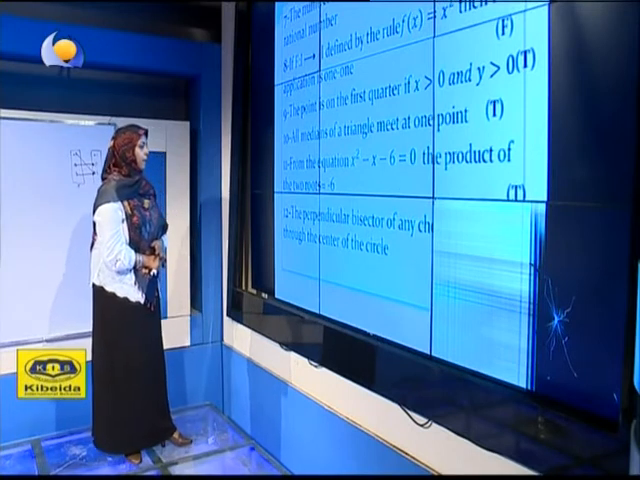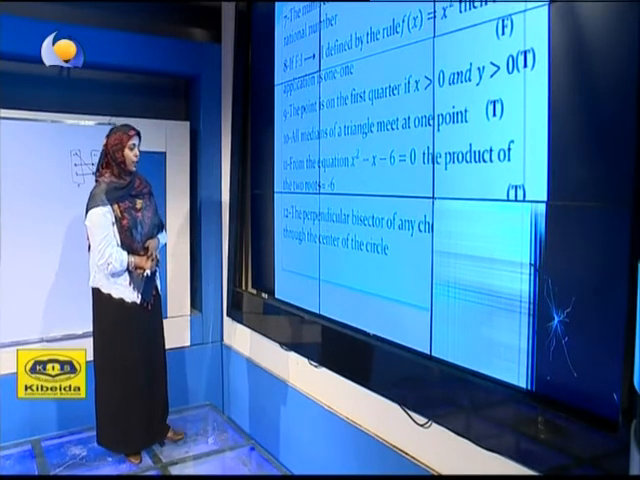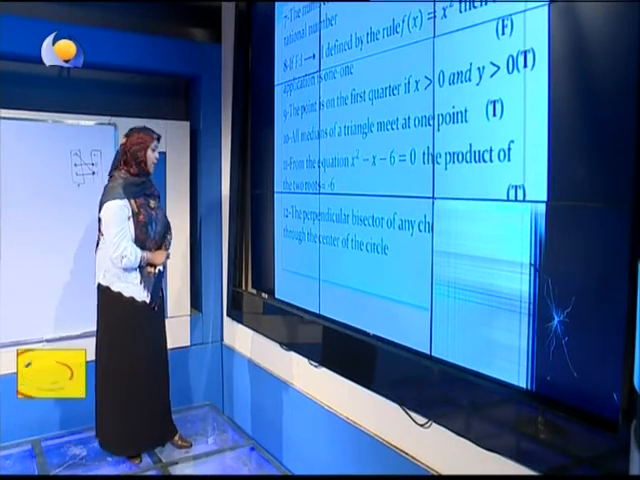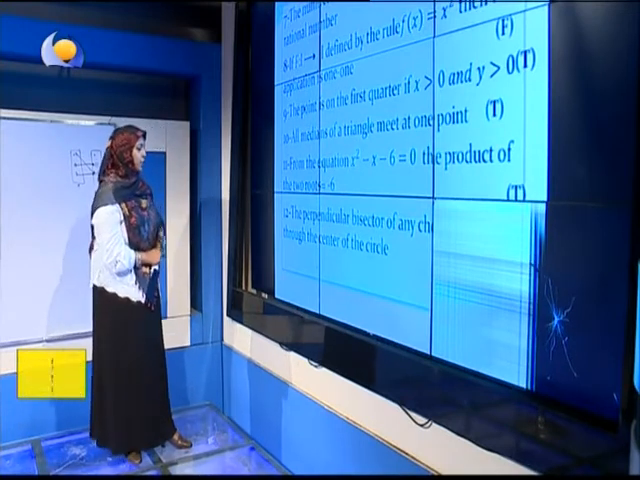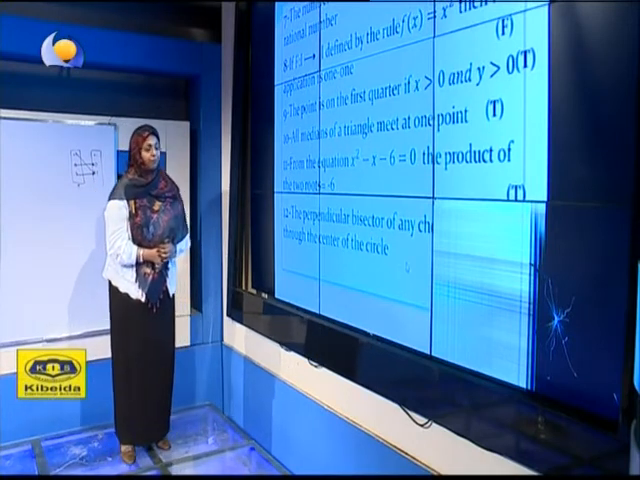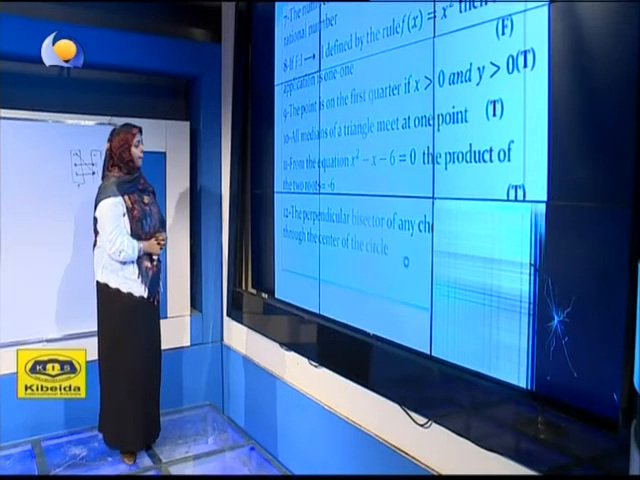Number 12, the perpendicular bisector of any chord passes through the center of the circle, and this is completely true. Number 13,